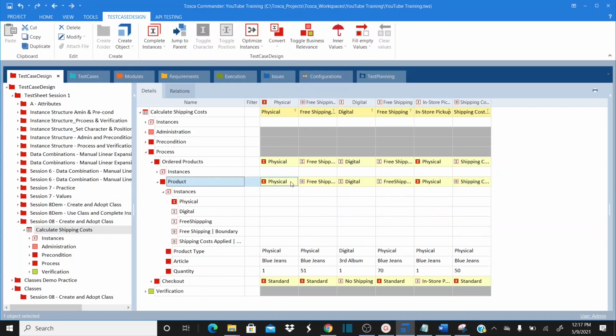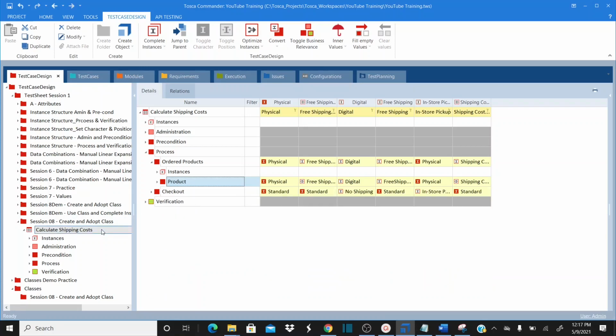We have created instances called physical, digital, free shipping, all these things, right. Let me keep this aside. Now focus on two things. One is the folder which we created under classes, and the folder called attribute